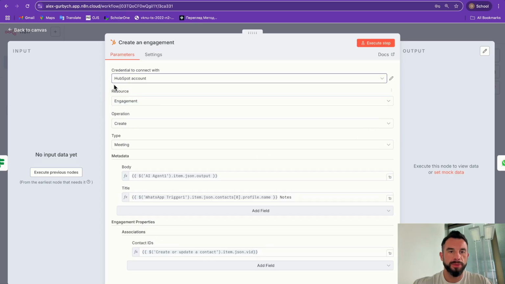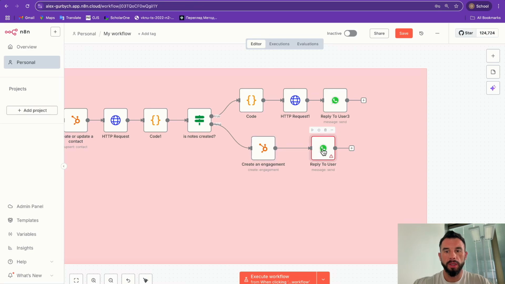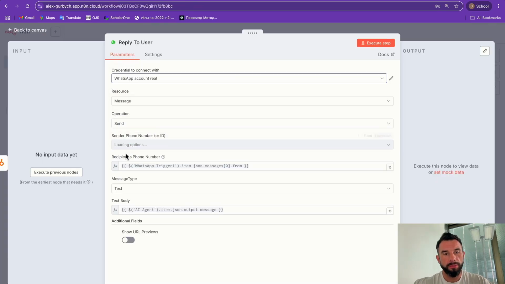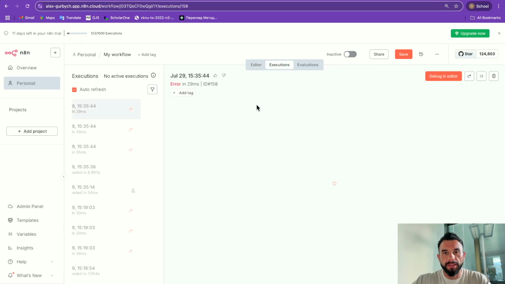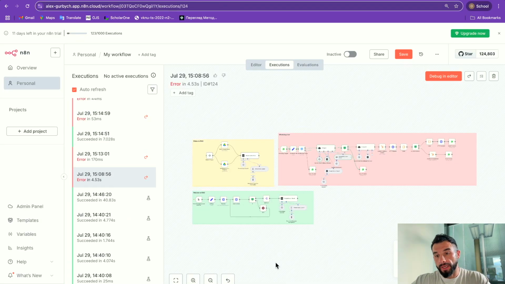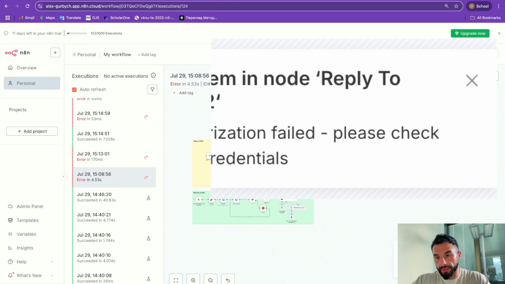Select your HubSpot account in Create an Engagement node. And again, reuse your WhatsApp account in Reply to User node. One more thing that can prevent you from running the pipeline successfully. Let's imagine you try to execute the pipeline and in executions you see error, problem in node, reply to user